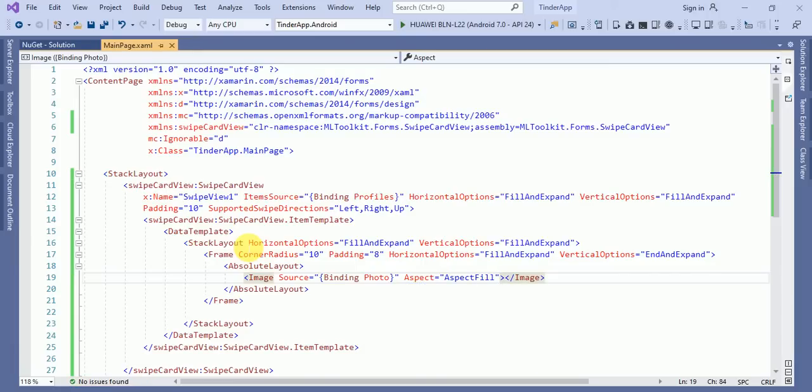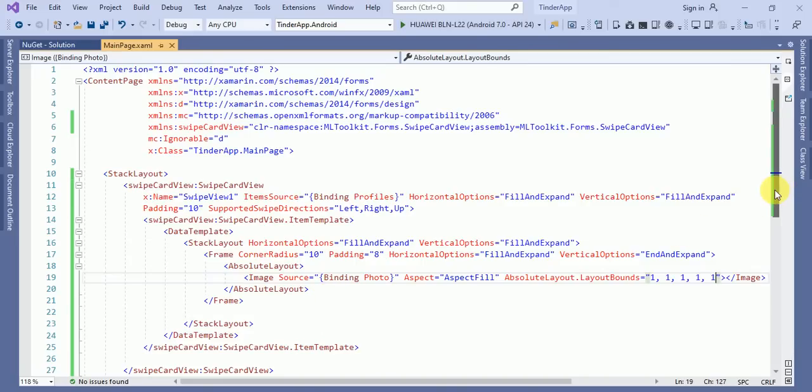We want to fill the complete photo in the frame. And AbsoluteLayout.LayoutBounds equals to, suppose we define 1, 1, 1, 1. So this will be our image.